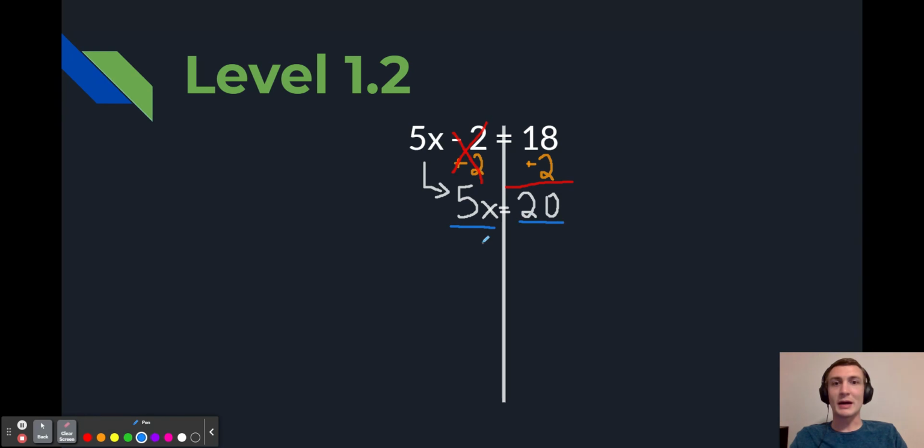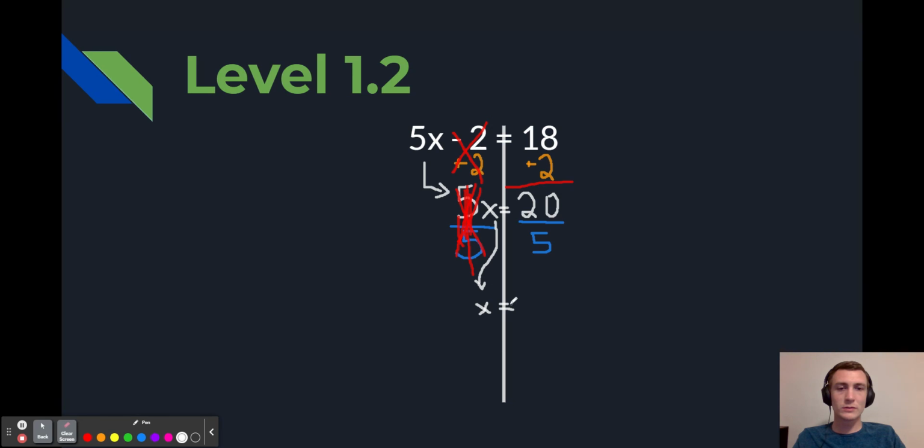I need to divide by 5. So when I get 5x over 5, that means those 5s are going to cancel out, right? 5 divided by 5 is 1. So when I get 1x, well, that's just x, because 1 times anything is whatever that thing is. So 1 times 10 is 10, 1 times a million is a million, 1 times x is x. So the 5s cancel out, and what's left over here is just x